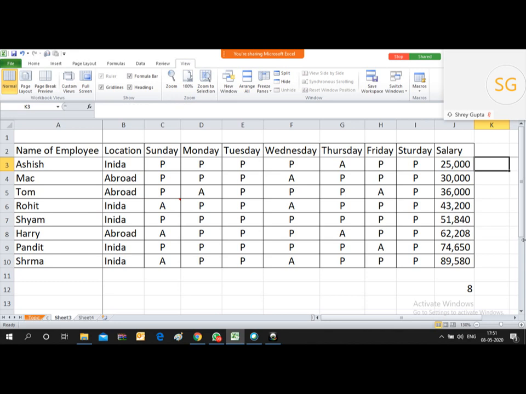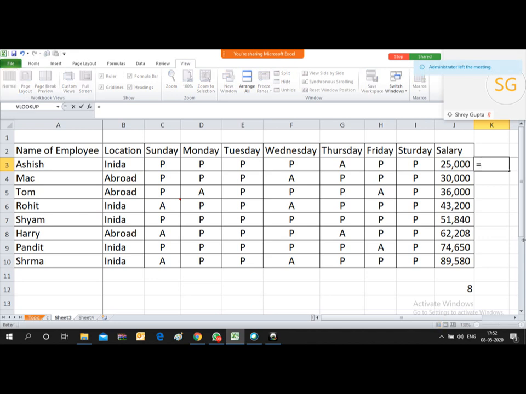Friends, usage of this formula COUNTIFS has different practical scenarios. So I have just come up with one of the practical scenarios: I need to find how many people in India or abroad are getting salaries by the criteria that you select. So I just wanted to know how many employees in India are getting salary in excess of 50,000. So there is a chart, there is a table. I have taken a small table, but in the practical field the number of data and the table size may be much larger than this table.